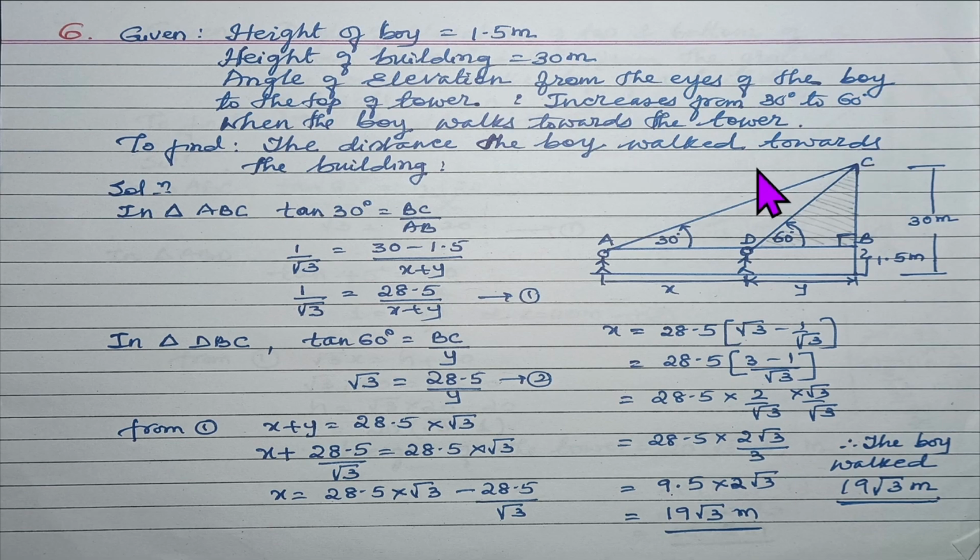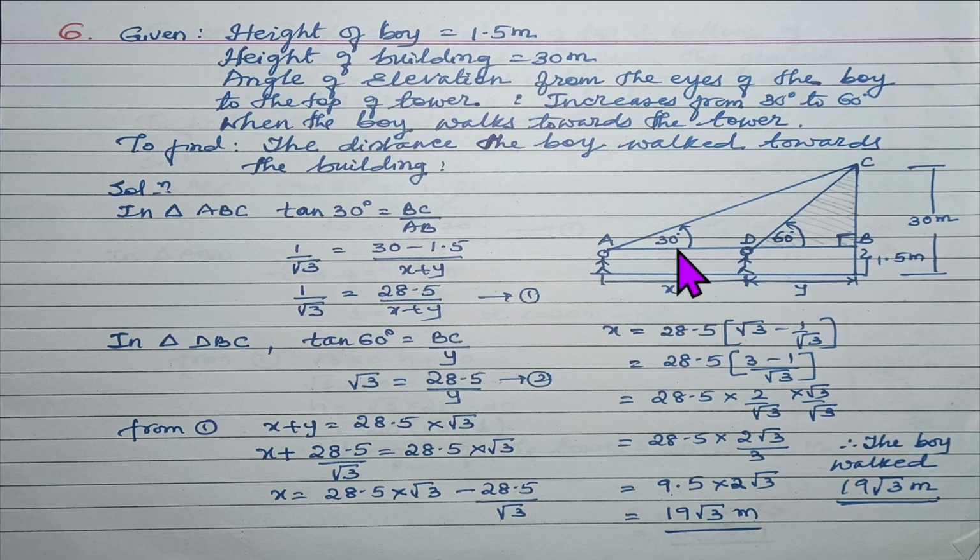So reading the statement and making the diagram, we get two right angle triangles here, that is ABC and DBC. Now we have to use these two right angle triangles to solve the example. Let us see how to do it. So if we take the triangle ABC, then tan of 30 degrees is equal to BC by AB, and BC is equal to 30 minus 1.5, that is 28.5 meters, and AB is